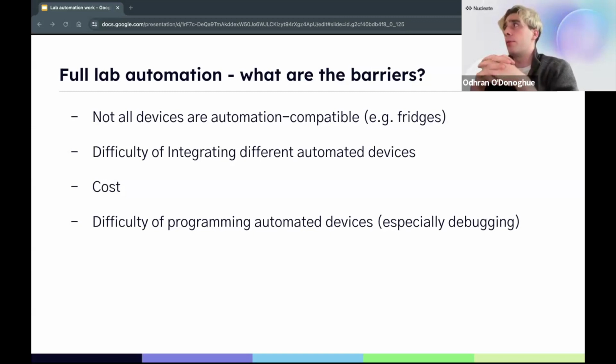Firstly, there isn't really the immediate financial pressure from any scientific manufacturer to make their device automatable. Let's take a scientific fridge that needs to go down to minus 50 degrees. That is a very high margin, very lucrative business. You don't need to make an automated fridge to be a good scientific fridge company. So there's not really a consideration of how these things might be automated, and so there isn't a consideration of how a robot can open a fridge.